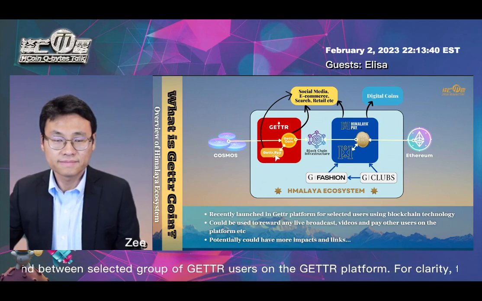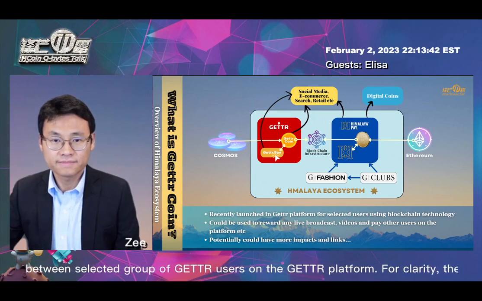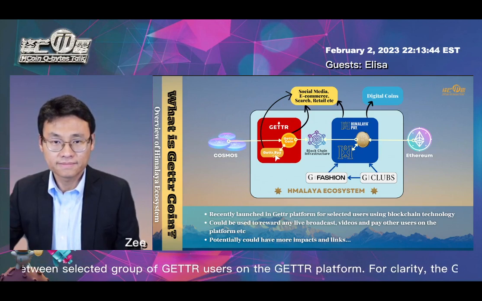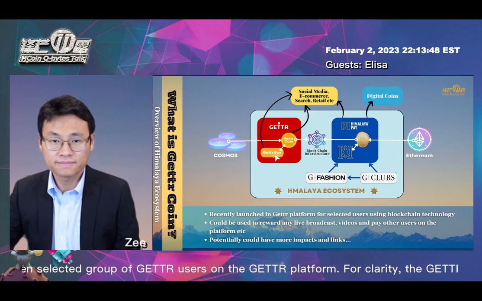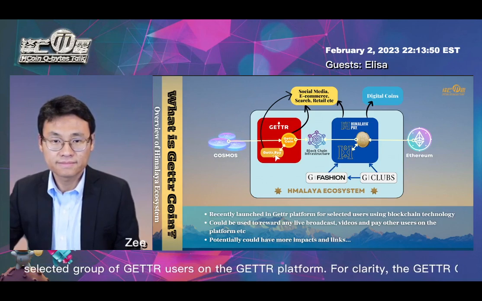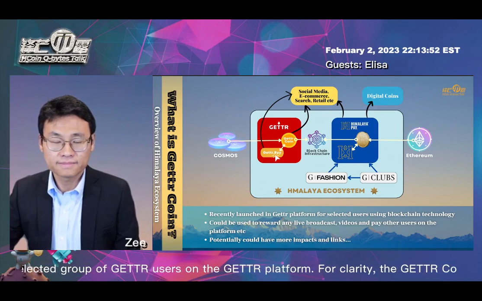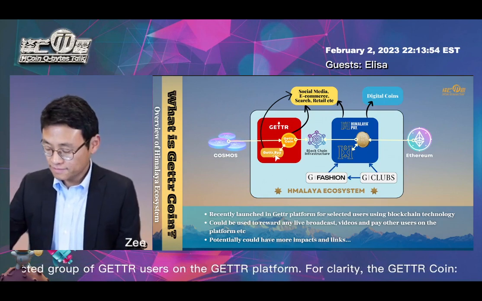You don't have to be a Wall Street investor. You can be part of this. You can use Gettr. You can express your feelings, your love, your sadness, your life story to the audience,